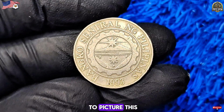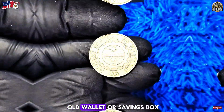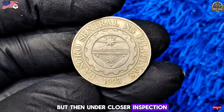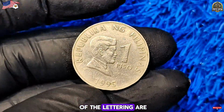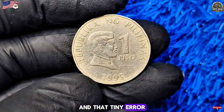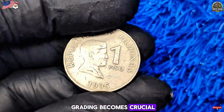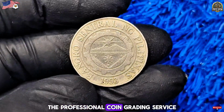Now I want you to picture this. Imagine you discover 1 peso coins in your old wallet or savings box. And at first you see nothing unusual, but then under closer inspection, under magnification, you realize the details of the lettering are slightly doubled, or the alignment is a fraction off, and that tiny error could multiply the value beyond your wildest imagination. This is why professional grading becomes crucial, because grading companies like PCGS, the Professional Coin Grading Service,